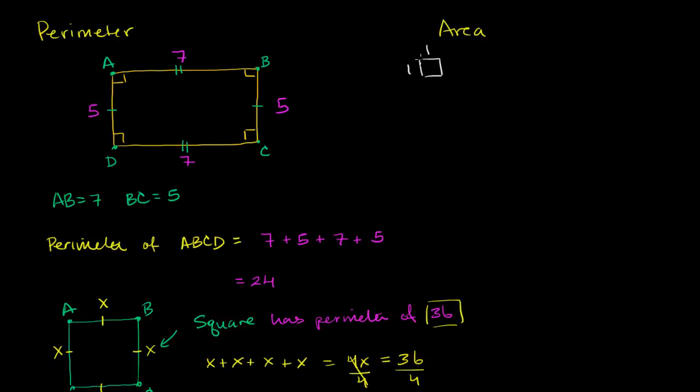And for a square, you could say it's a 1 by 1 square, because that specifies all of the sides. You could really say for a square where one side is 1, then really all of the sides are going to be 1. So this is a 1 by 1 square. And so you can view the area of any figure as how many 1 by 1 squares you can fit